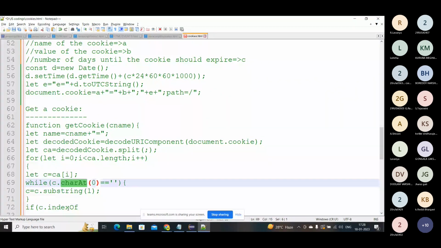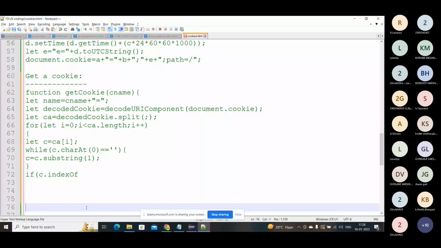We have already discussed this, right? charAt will get the value, that is, which character the string has, and for indexOf, the index value will be given. This is the difference. And for this if condition I will return the value.